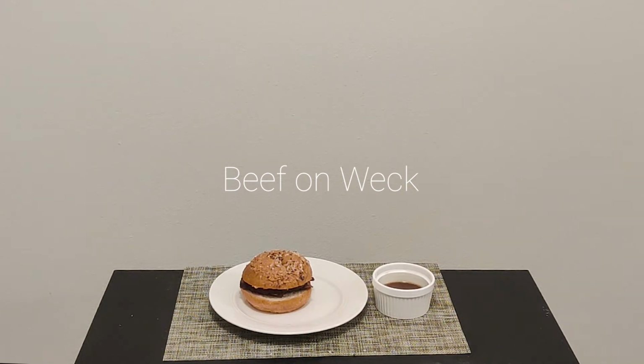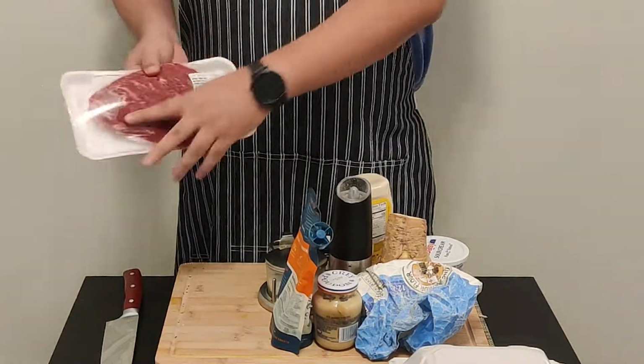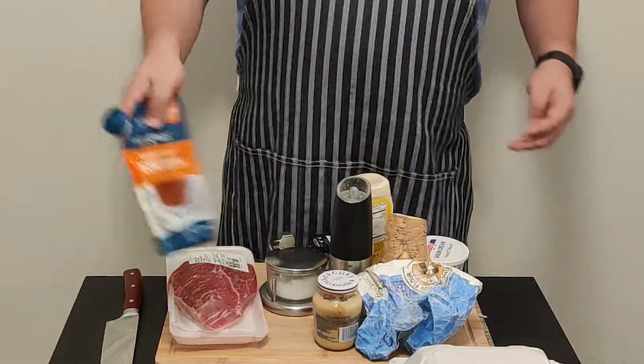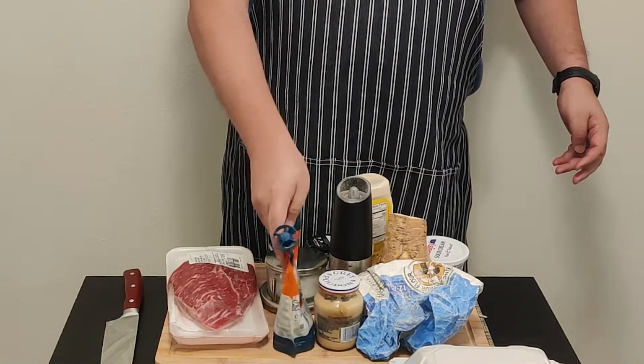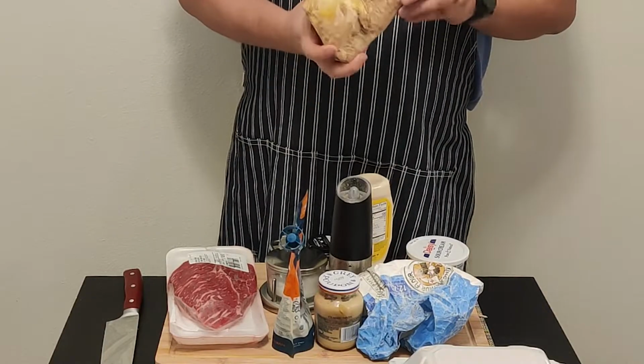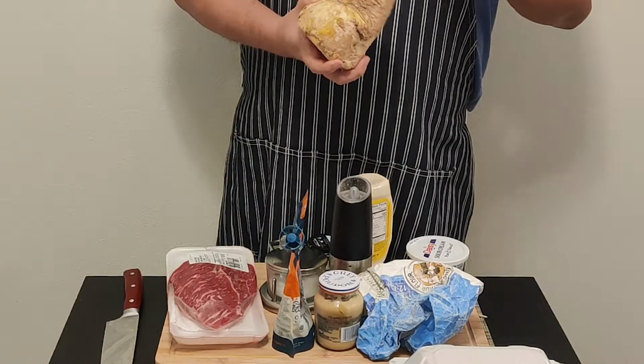Today we'll be doing beef on weck, my favorite roast beef sandwich. To do this, we're going to need some beef. I'm using a Picanha Roast, some beef stock, bone broth, a horseradish root that I'm going to grate and turn into lovely horseradish sauce,